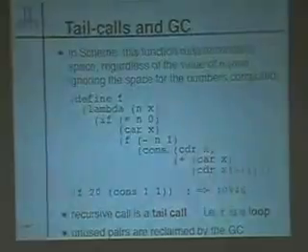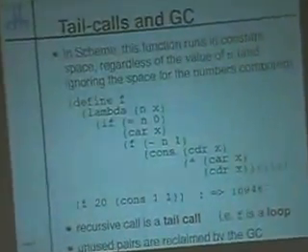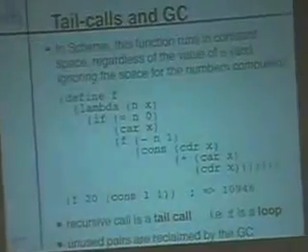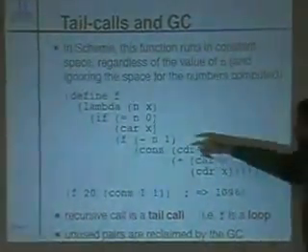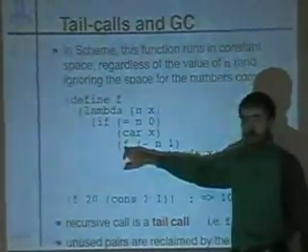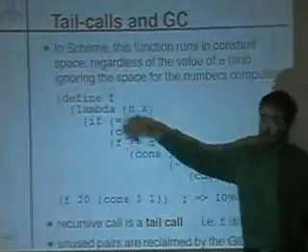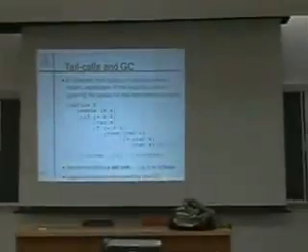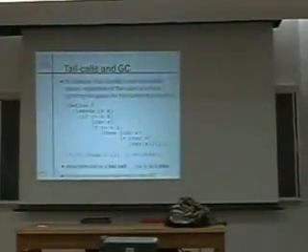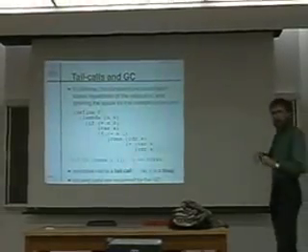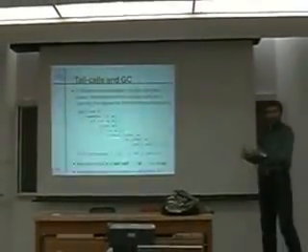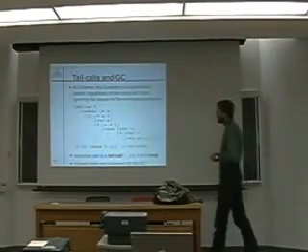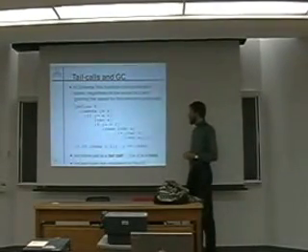Yes, sir. So it's Fibonacci. It's just a weird way of writing Fibonacci so that you can see the problems. So here we have a recursive call to f, and because this is a tail call, this actually runs in constant space. So whatever the value of n, this will run in constant space. If you disregard the size of the numbers, because actually the numbers take a lot of space because the Fibonacci sequence grows very quickly. But if you ignore that, it actually has to run in constant space.